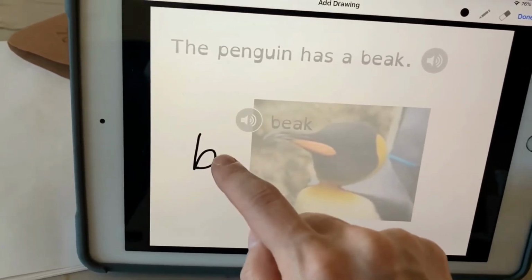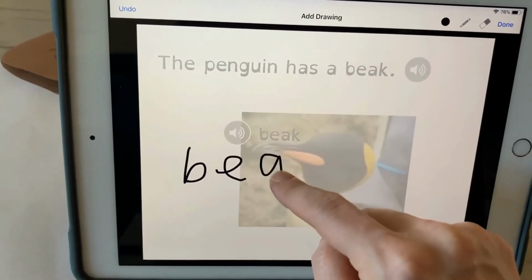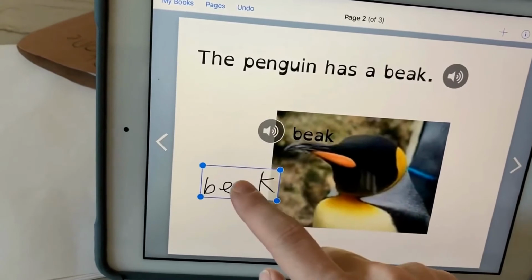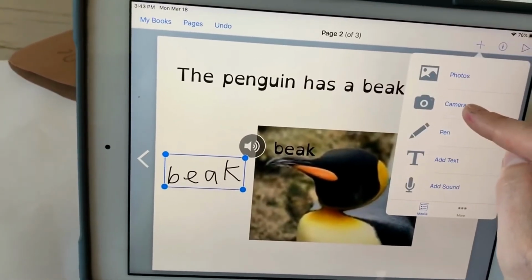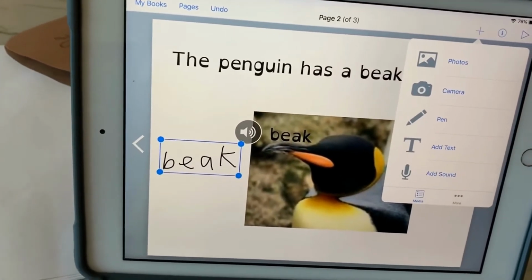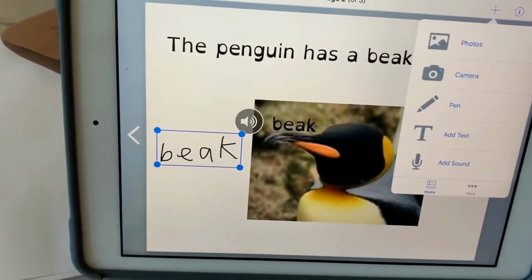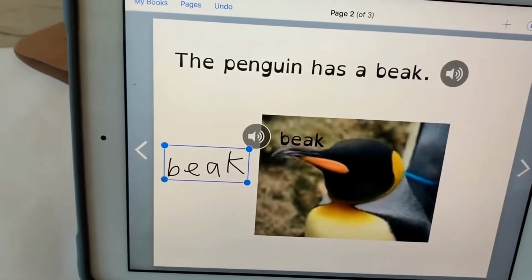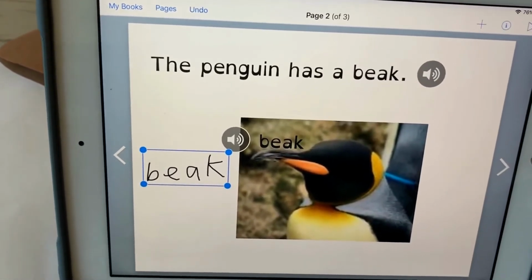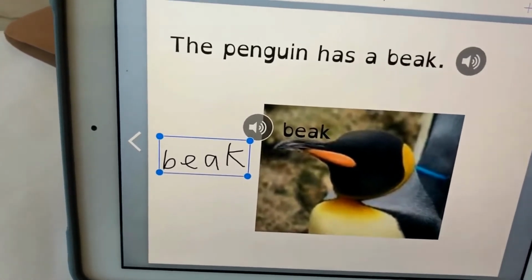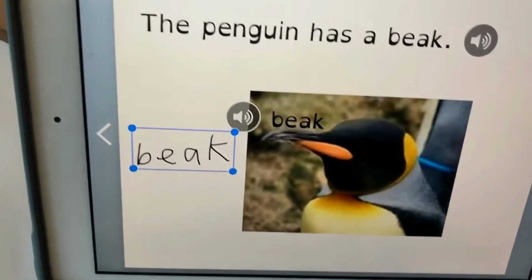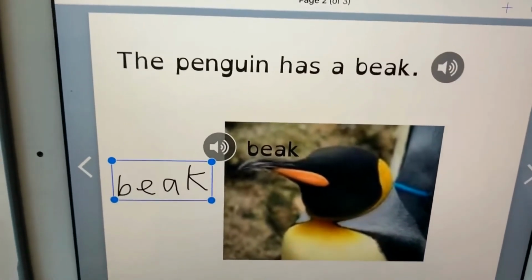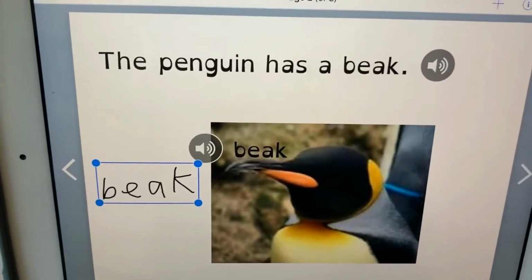So if I wanted to handwrite something, I'm left-handed and I'm doing this with my right hand, so it's messy, but you can have students handwrite the word. That's fine too. And then you can also have students use the camera function so that if for some reason you want your students to make a book, or you want to make a book that has pictures, you could take pictures. So for example, a great book for newcomers would be a book of classroom and school things using actual pictures. So you go in and take a picture of your cafeteria, and then you could type the sentence, "This is the cafeteria." So those are all the functions, super easy, and I hope you try it out.